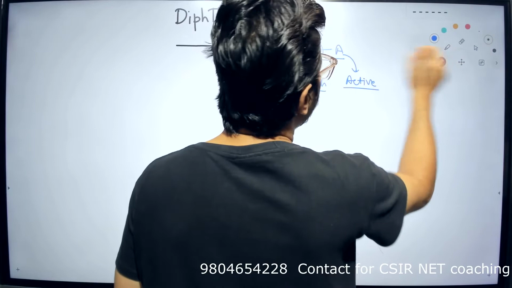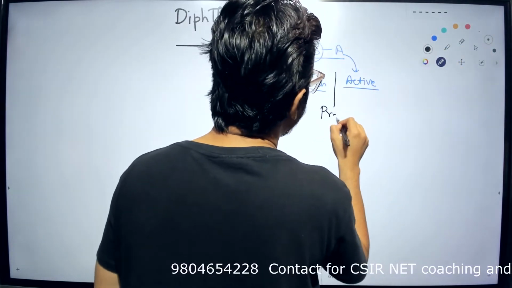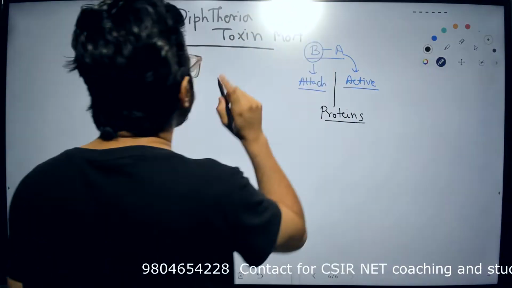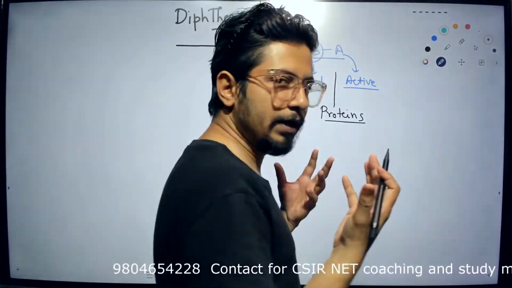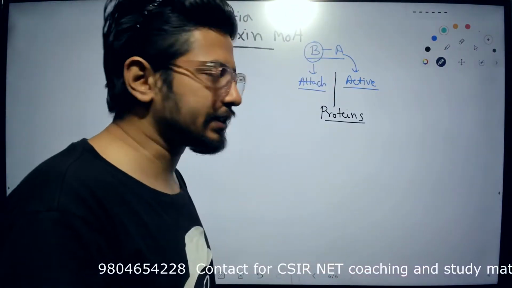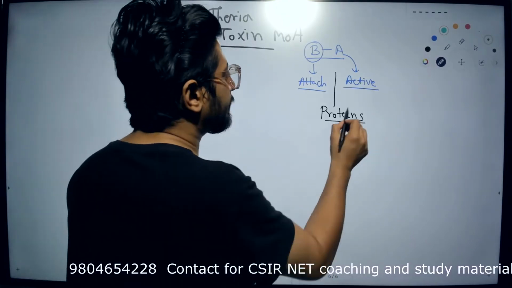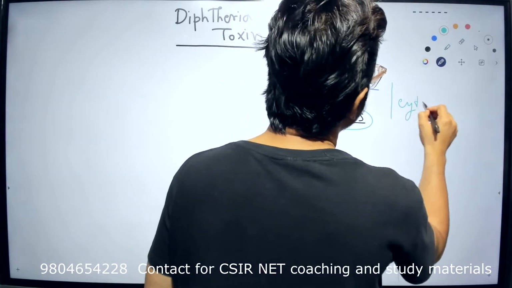Both the A and B parts are made mainly of proteins in case of exotoxins. The example of diphtheria toxin is no different. This is also a similar kind of exotoxin. It is bipartite in nature. It has two units, B and A units, and they are made with proteins, and these are known as cytotoxins